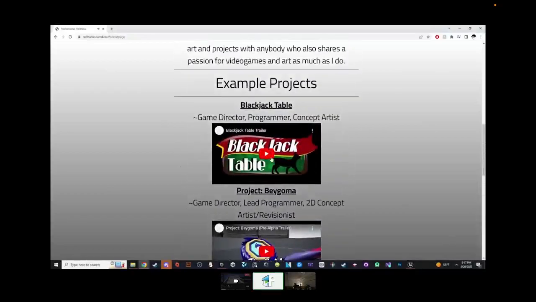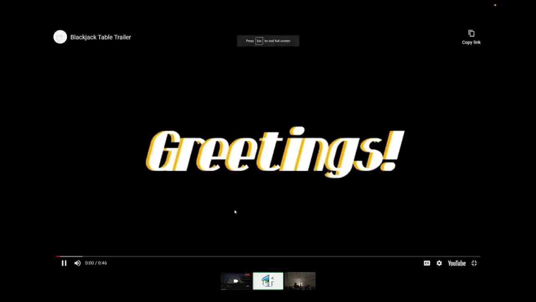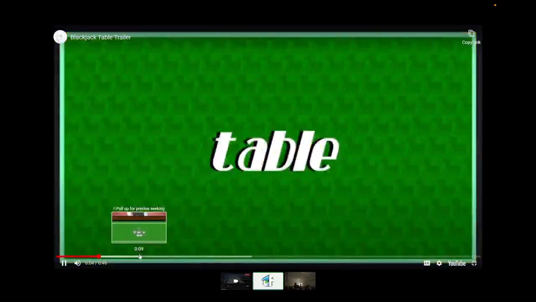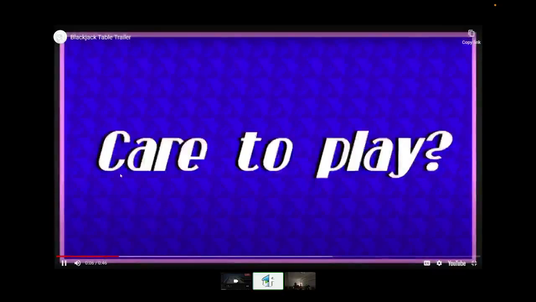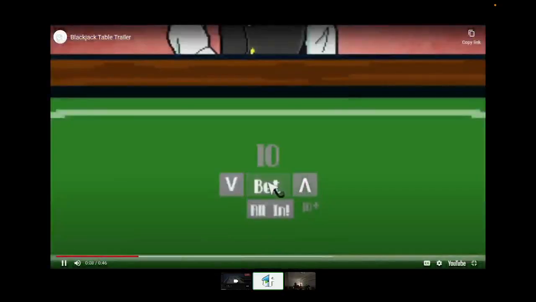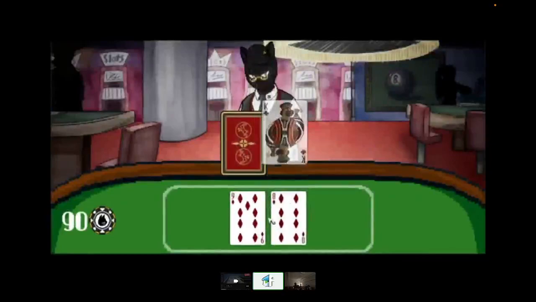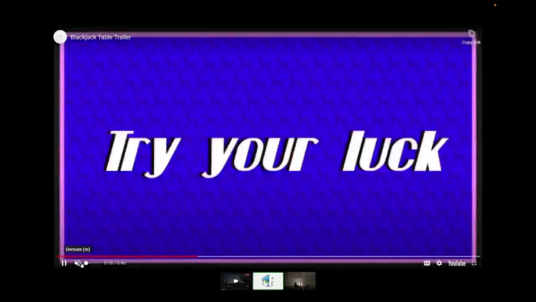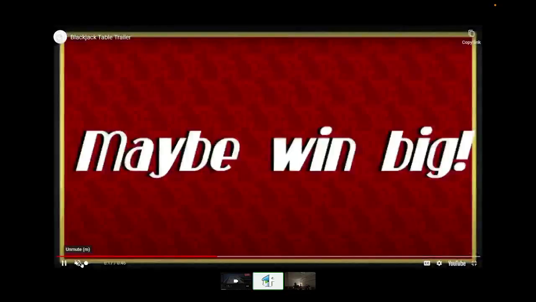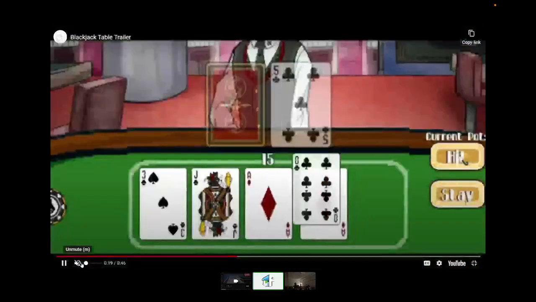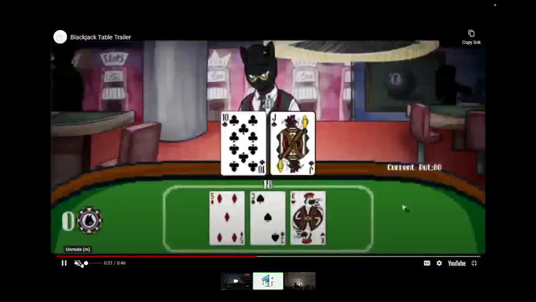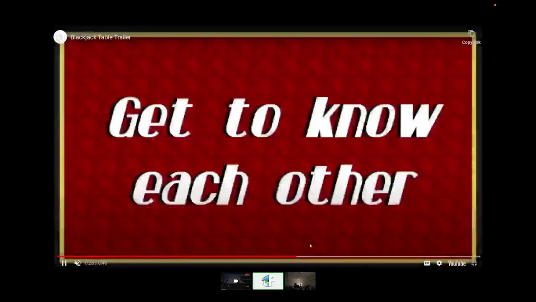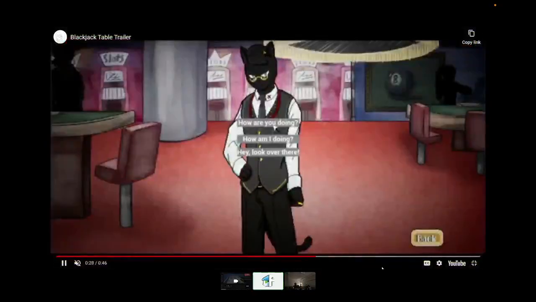And I even made 2D games, like I mentioned before. You could totally do it, because one of my more recent projects is a blackjack card game that I made just because I really wanted to. You can play blackjack, bet, score high, score low, but more importantly, you can even chat with the dealer as well. So it's a combination of a poker visual novel game. That was my most recent game that I made. So those are some of the games that I made.